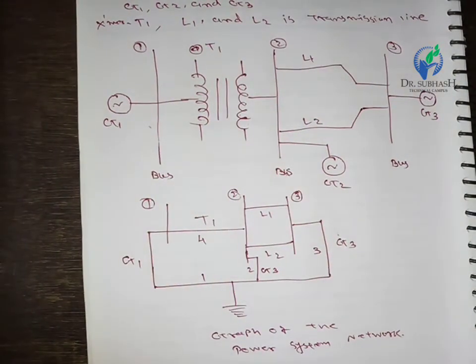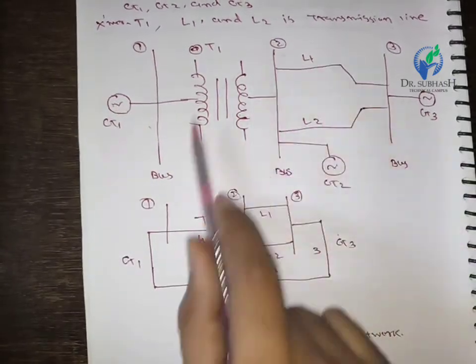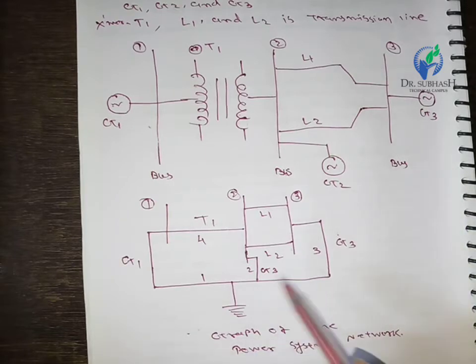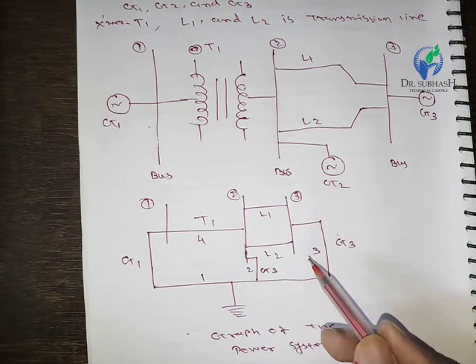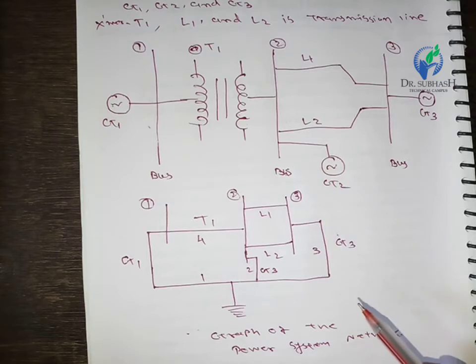Now you have clearly understood how to connect the interconnected system with generator, transformer and transmission line by using this example. We also use graph theory. By using the graph, it is easy to solve various problems like grounding fault or other transmission line related or generating system related faults.